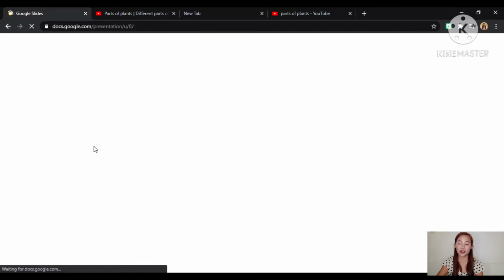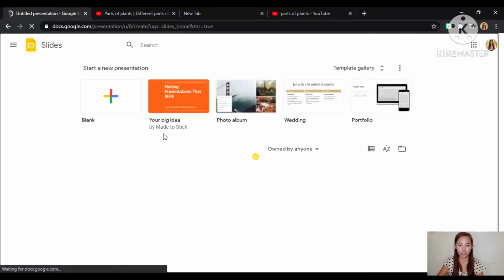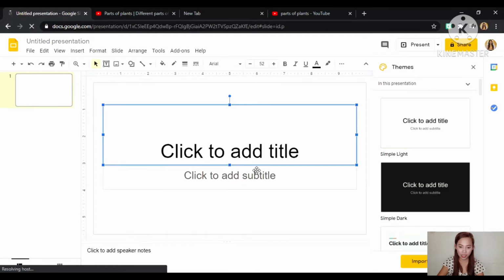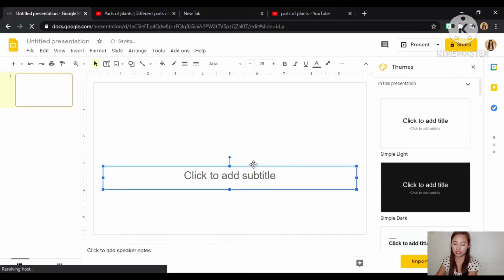This is where we are going to make our virtual classroom. So let's make it blank. I want to make my presentation, or my slide, blank first. I'll just remove the original text boxes